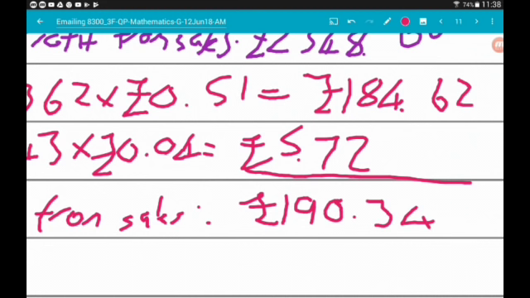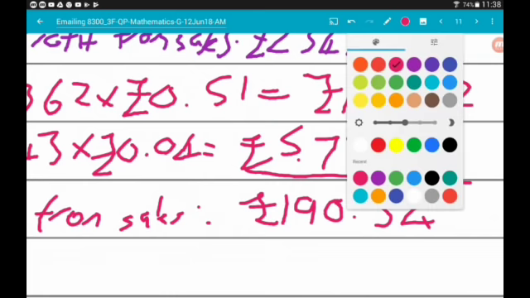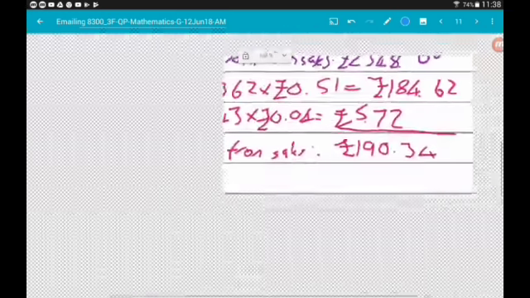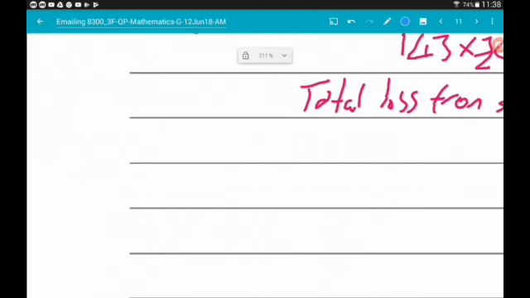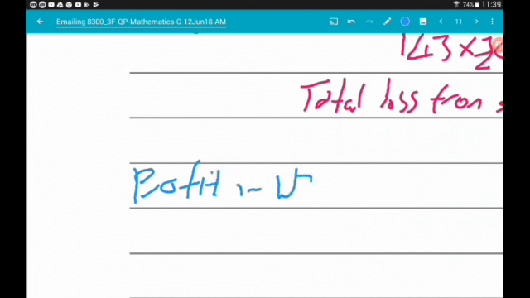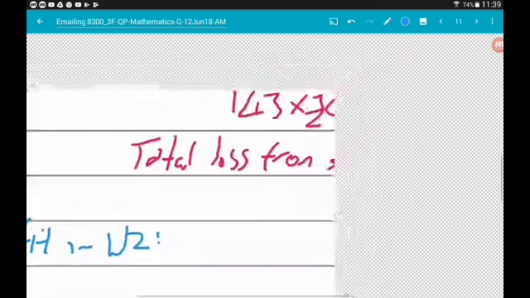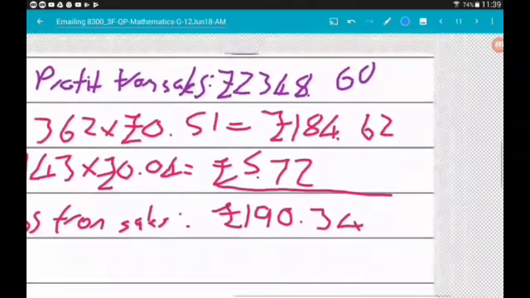Okay, we're nearly there, the worst part's over. So now we can work out the total profit in week 2. So the profit in week 2, well, it's the profit that we made from sales minus the loss that we made from sales. So